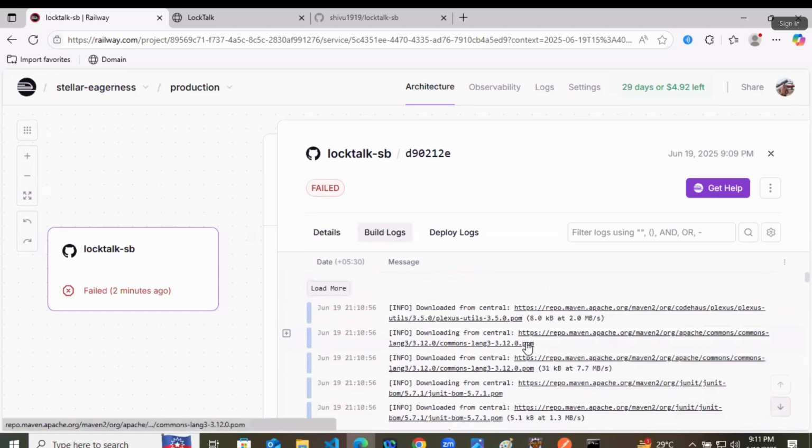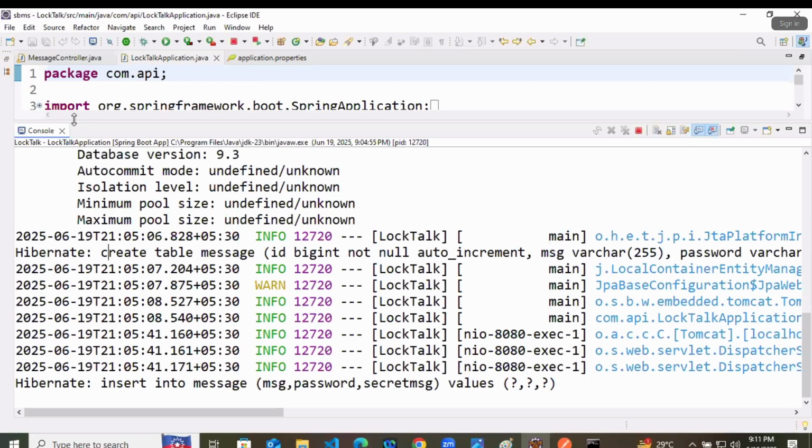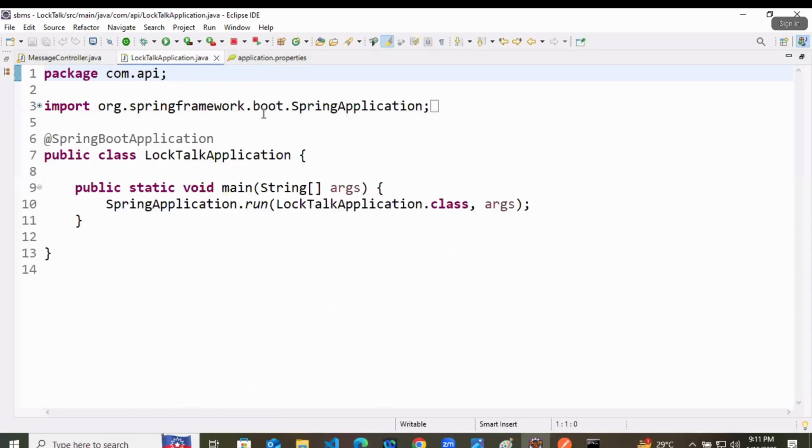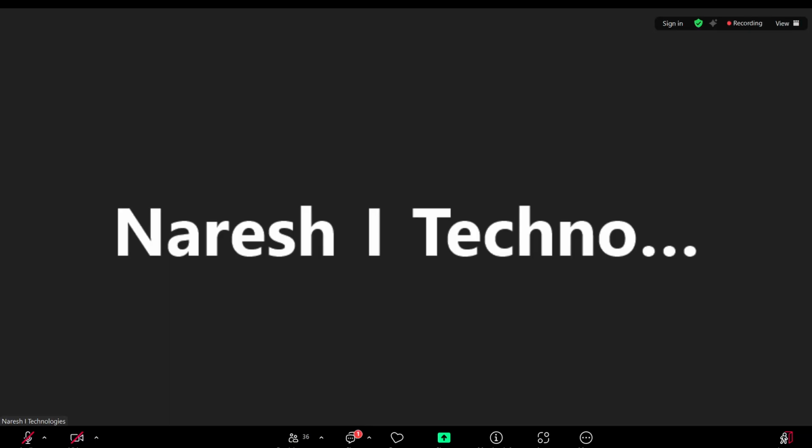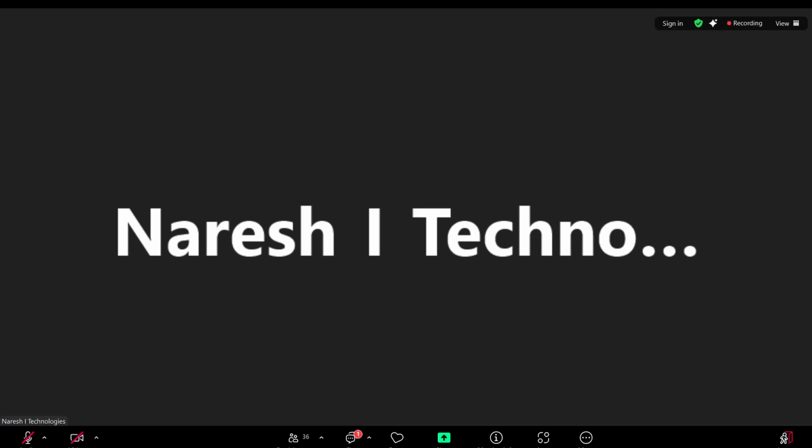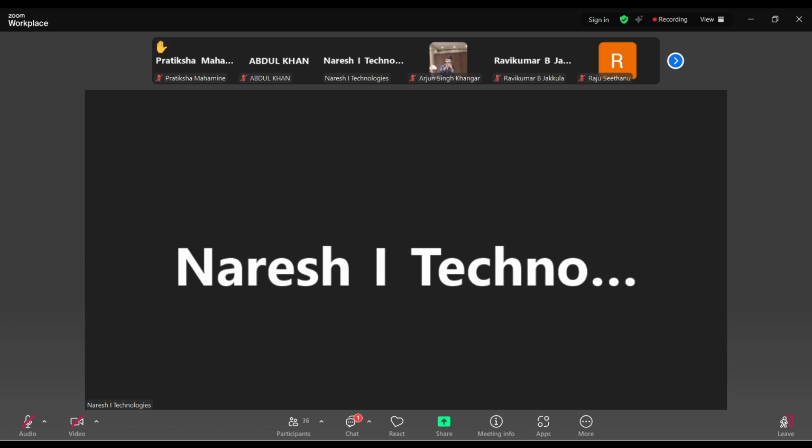So we'll fix this tomorrow only. You have to do a clean install on your localhost first. But anyway, we'll deploy it. So today you can do one thing: deploy your front end application. Then after that, deploy your database, connect your database with Spring Boot, and then we will deploy your backend application tomorrow. Okay.